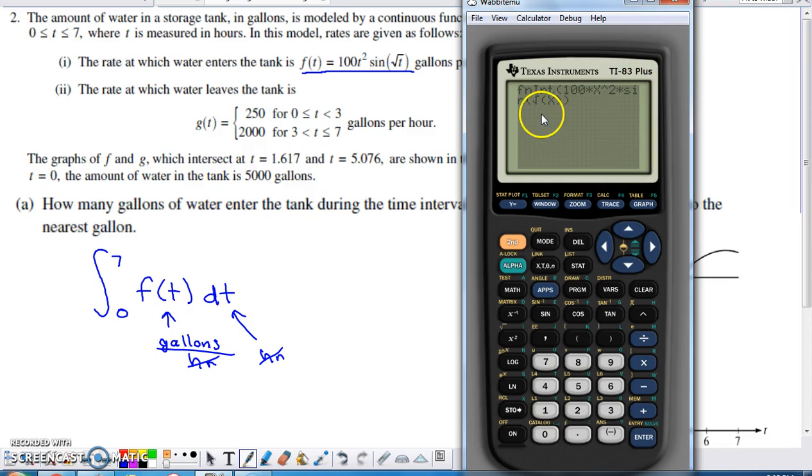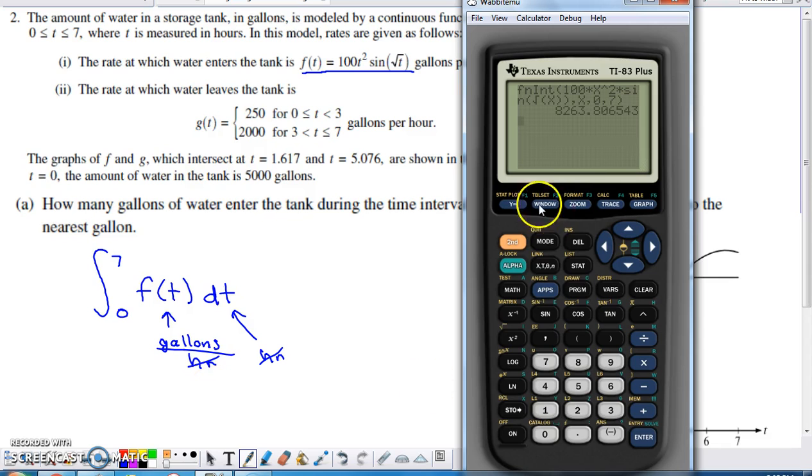Once you get the integrand typed in, you give the calculator a comma, you tell it the variable of integration, you give it another comma, you tell it the lower limit of integration, you give it another comma, you finally tell it the upper limit of integration. Now I'm going to close this initial parenthesis that they gave me here, and the calculator is going to do all the work. It thinks for a minute or so, and we should have the value of this integral before